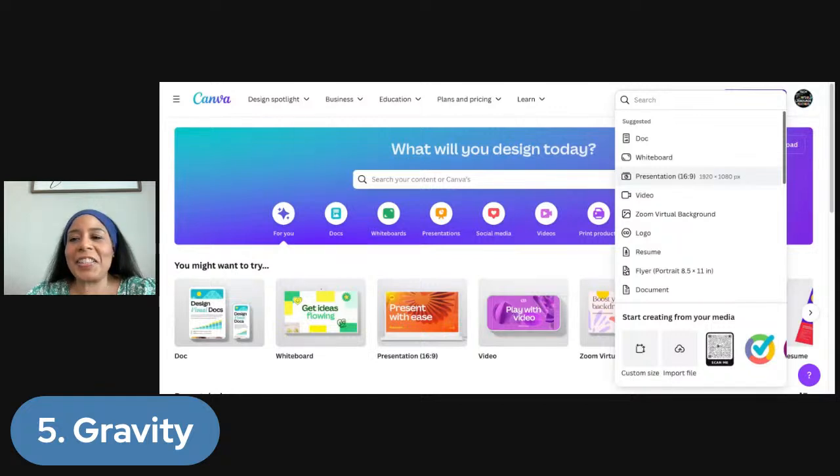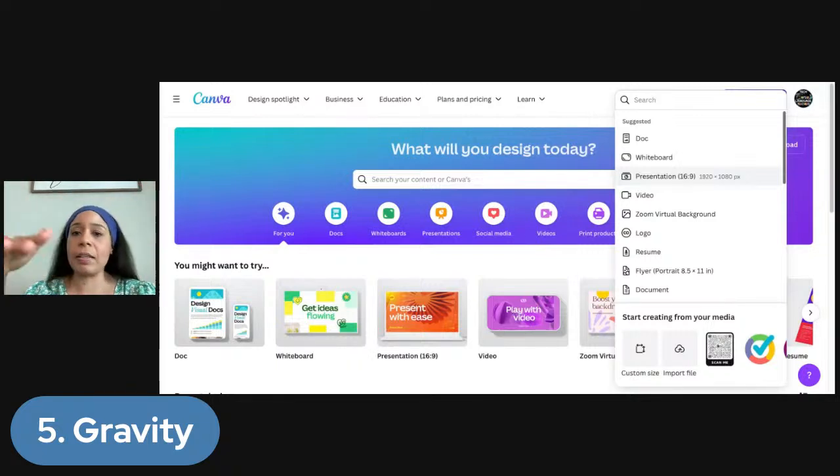Or you can share the presentation, and you can set it so anyone with the link can edit, view, or comment. When I want my students collaborating, I have them do it with the comments on. So you can have them use it like Flipgrid, where they record themselves asking questions back and forth, and they can respond and collaborate with each other.